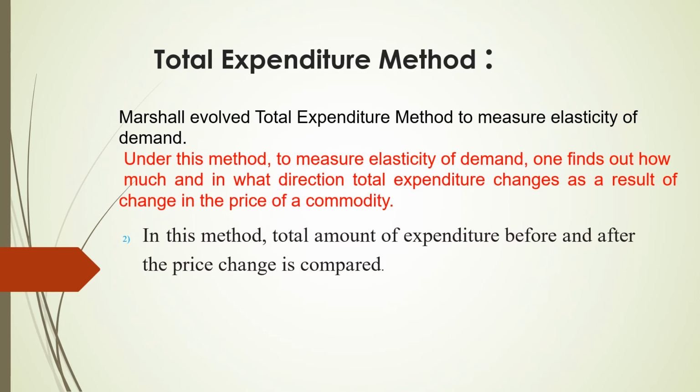With the comparison, you will explain the types of elasticity of demand in the total expenditure method. When the price is high or less, total expenditure is high or less. When the price is constant, but the total expenditure is high or low. So here only we are doing the comparison. On the comparison basis, we will find out whether your demand is elastic, inelastic, or less elastic. So the next one, what is the formula of total expenditure? Total expenditure equals price into quantity demanded.